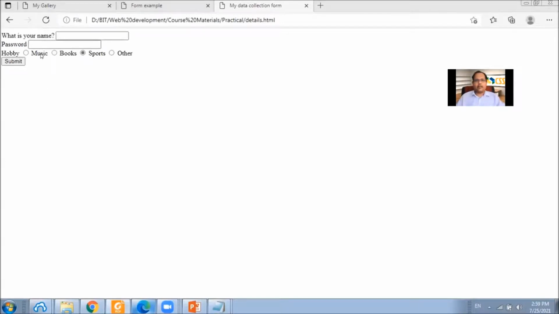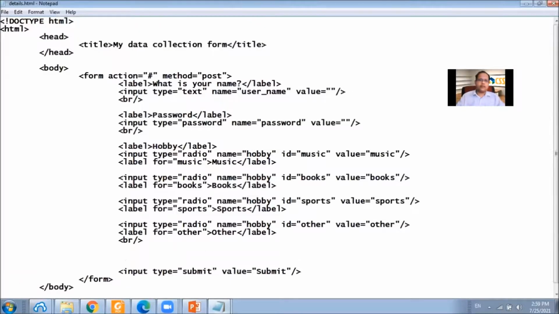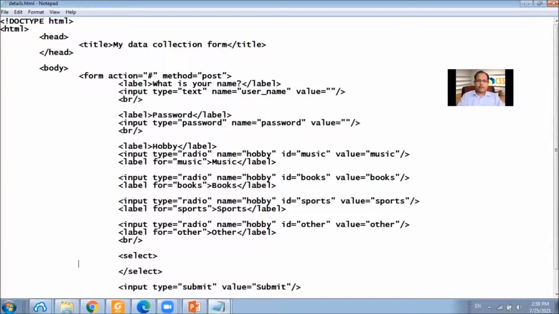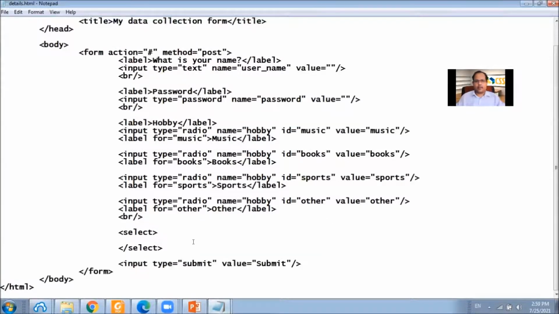Now let's create a select element. To define a select element, we create opening and closing tags of the select element. And we have to specify a name, area of living.